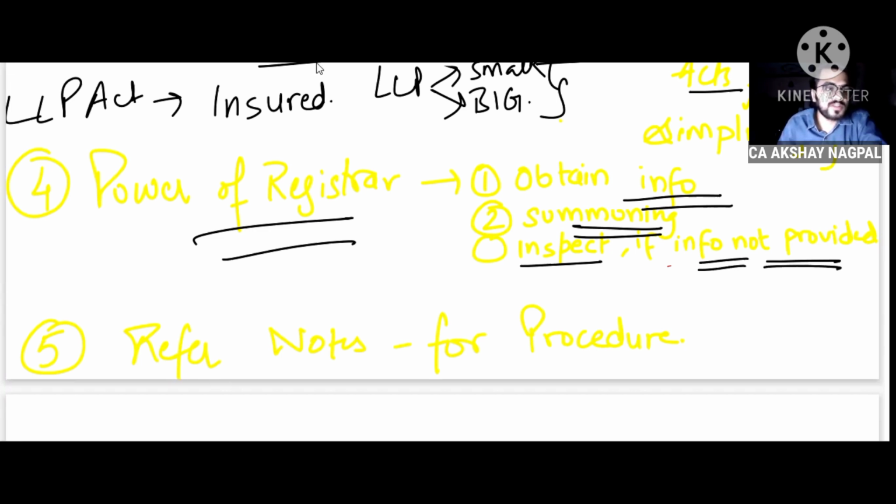And for the other points, the first 4 points that we have read are the most important ones, and there were limits that we have understood. So if all those 4 points are understood by you, then you can easily get the marks that you deserve. All right. LLP audit does not ask other than these questions, but for safety's sake, we will cover all the other provisions as well. So let's get to the notes. All right.